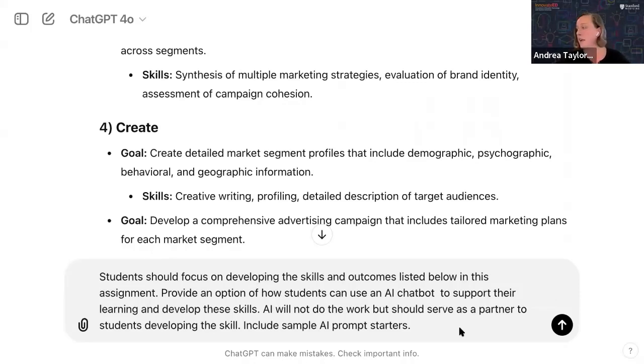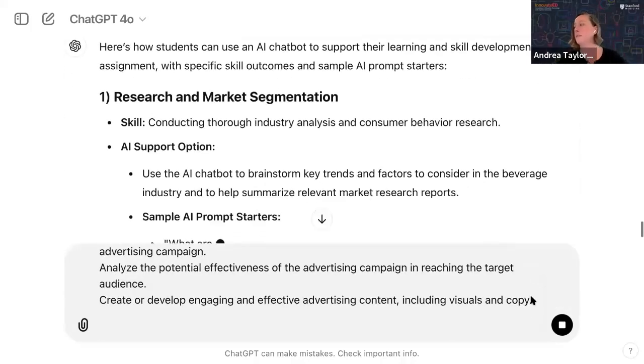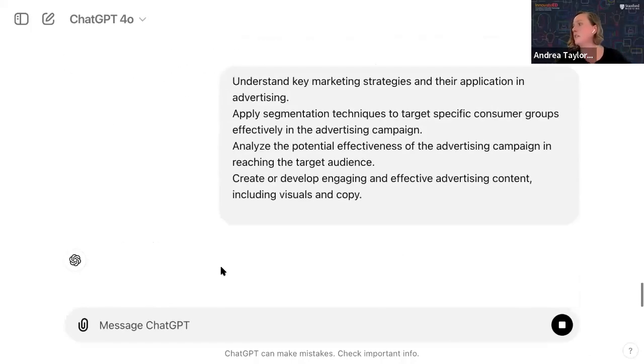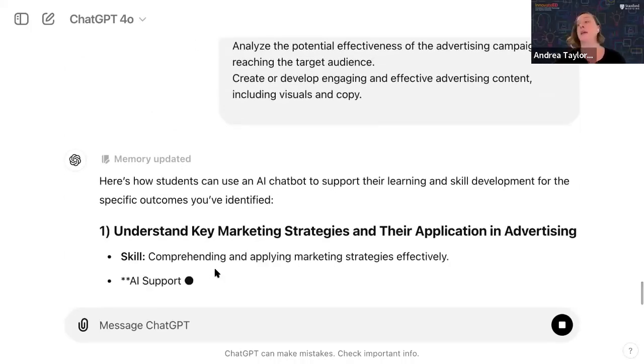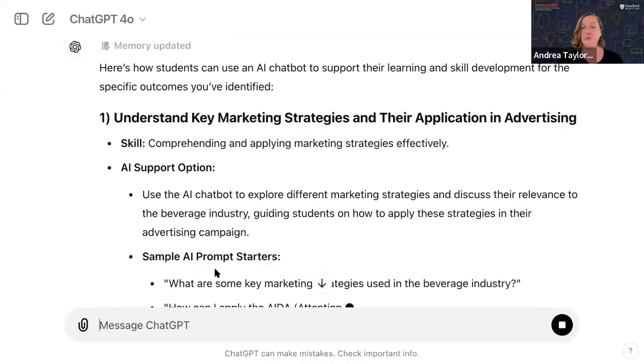So now here I have those skills. Let me paste those in, like I said. Whoops, hang on. Sorry, ChatGPT. I meant to paste those in together. Here we go. Now it's taking on what I told it to do.